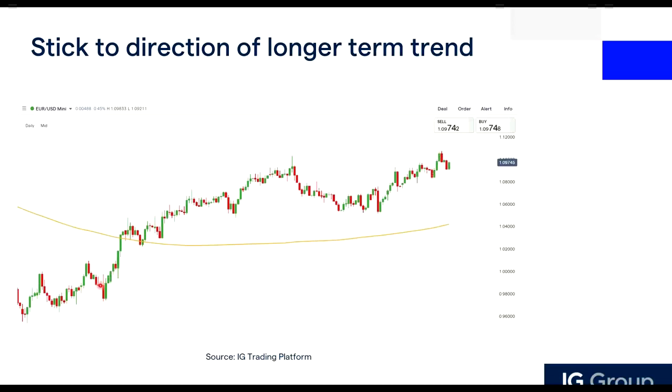And we notice the structure: higher lows, higher highs. Market structure is uptrend. Prices are trading above this 200-day moving average, so we want to have a long bias. In the uptrend, we want to follow the flow. We don't want to try to sell here yet. We want to still look for buying opportunities.